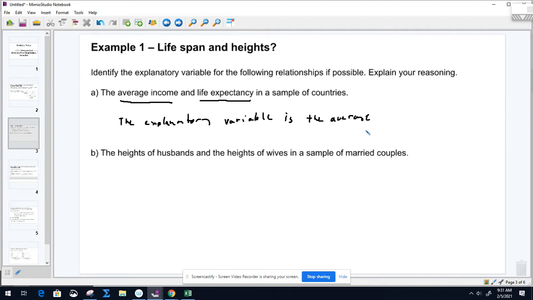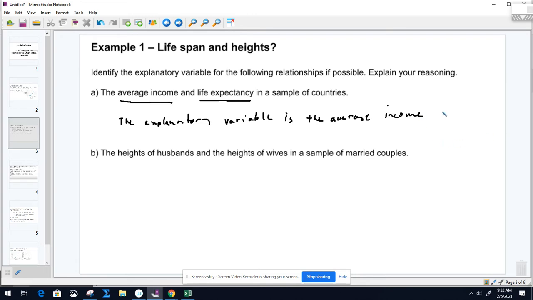because depending on your income, we can probably draw a conclusion that you would live longer if you made more money, because you can have better health insurance, you can afford to buy better, healthier food, you can afford to go to the doctor more, you can afford to see different doctors if you have more money. So the explanatory variable is the average income,